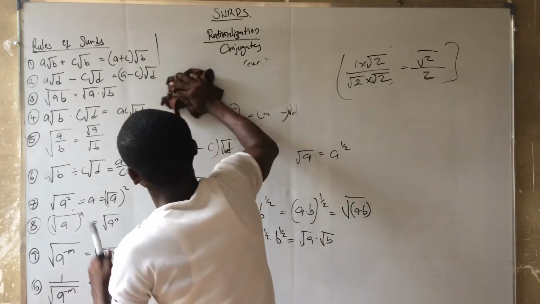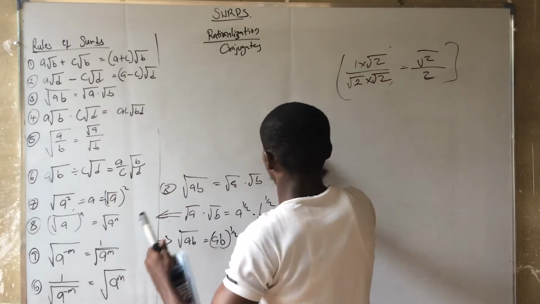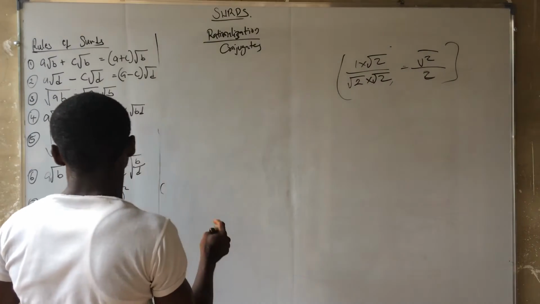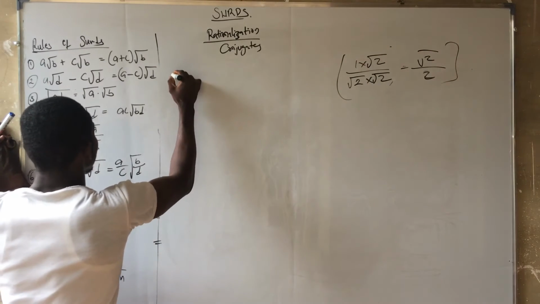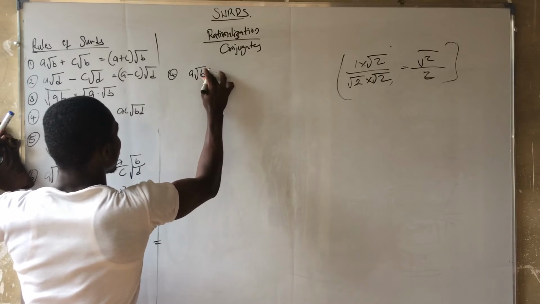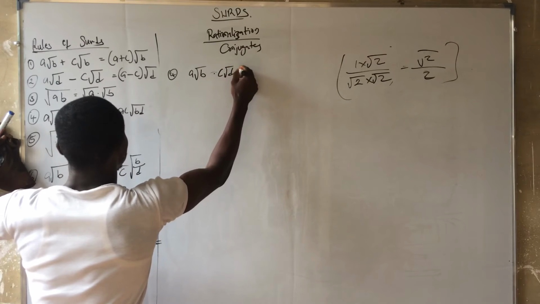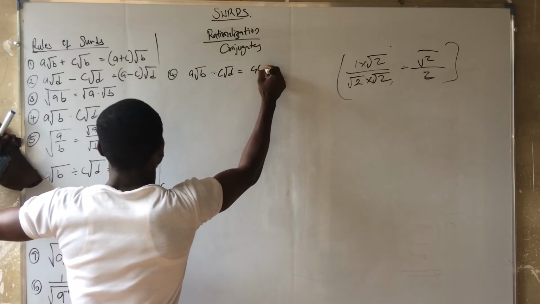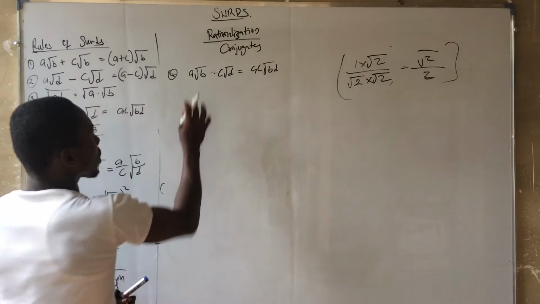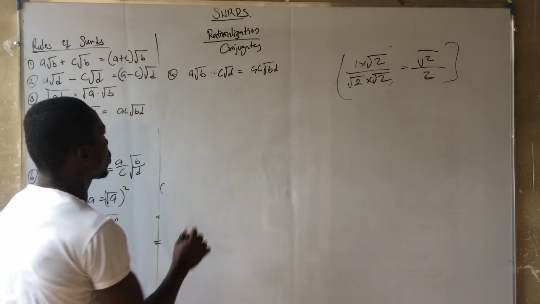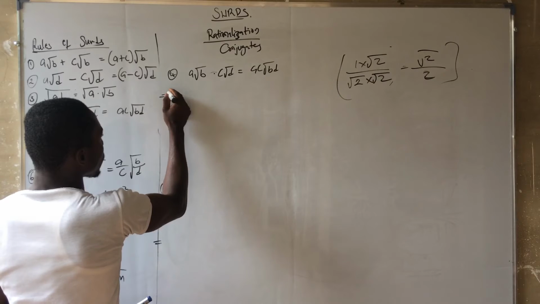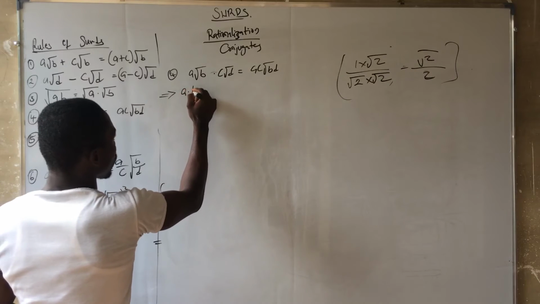Now, the next one I'm going to be proving is number 4. Number 4 says A root B times C root D is equal to AC root BD. So this is what I'm going to be proving now. Now there's no common variable. So what I'm going to do now is, proving from this side, this is A times